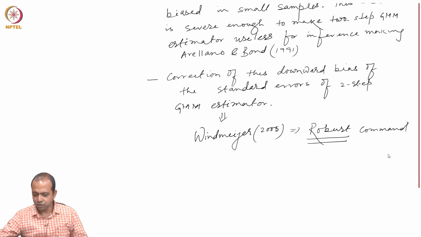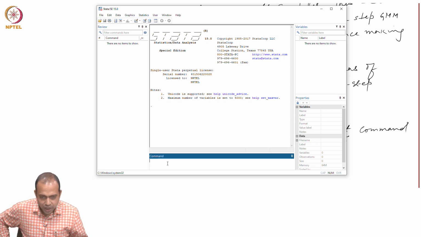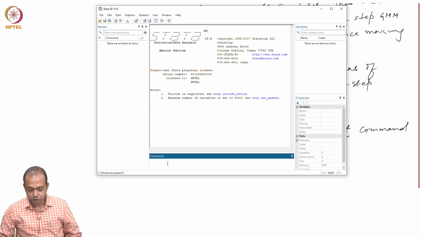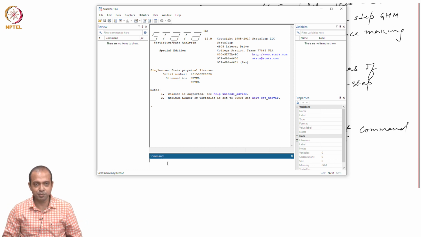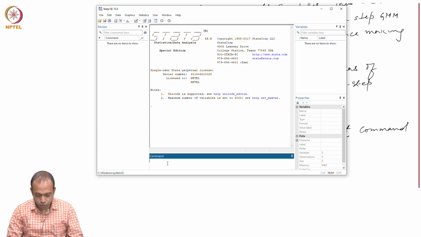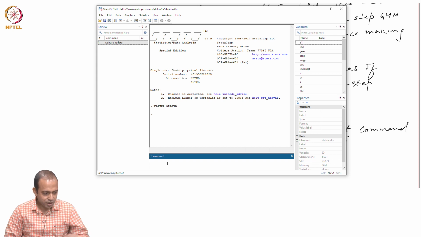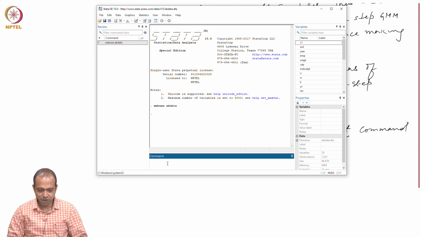So, let us go back to our statistical software, and then we will be using both difference and system GMM to understand this downward bias. We will again be using the same data, the AB data, right, and then the model we are going to estimate is